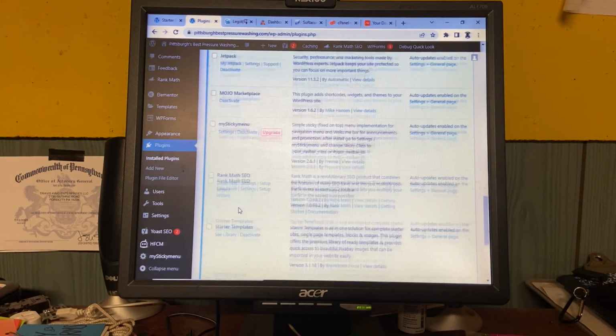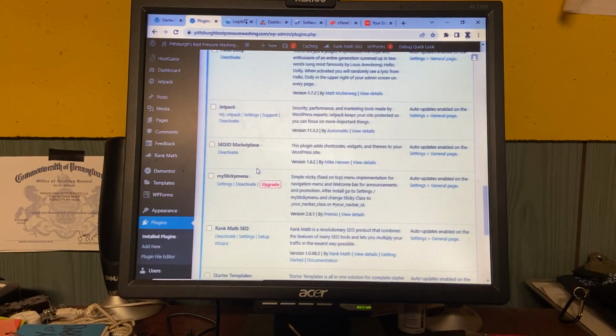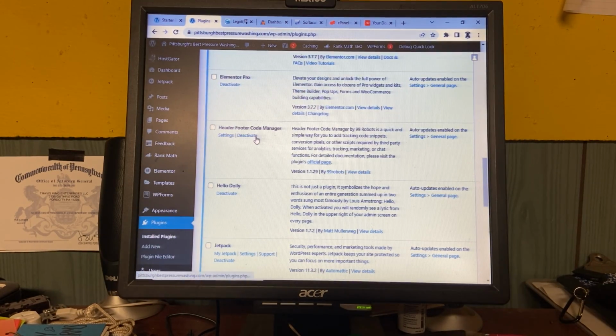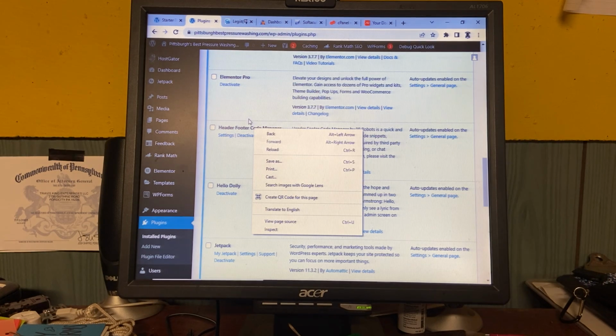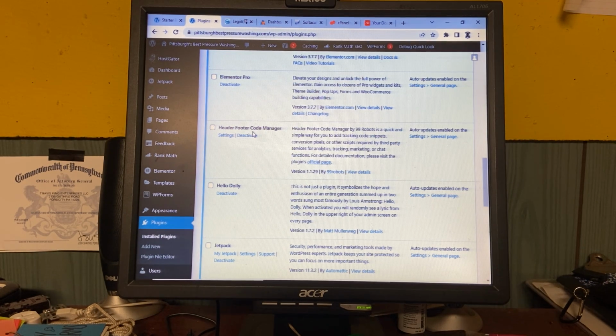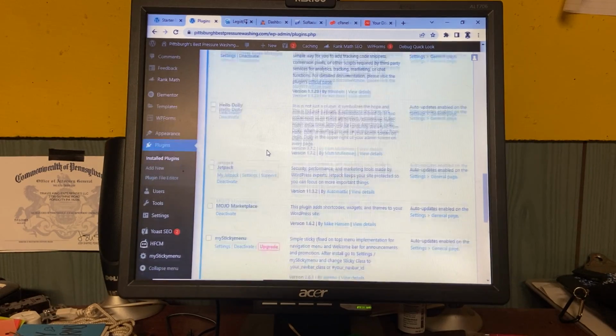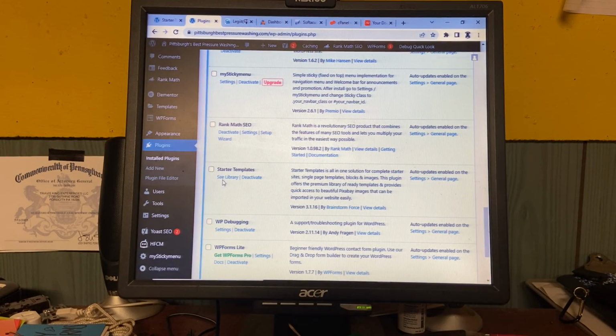So these are the plugins we have. This is another one, Header Footer Code Manager. When it comes time to put your website on Google Search Console, so that it's showing up in Search Console and Bing Webmaster Tools or whatever, you can use this. Say you want to put the Facebook pixel or all kinds of stuff, you'll have to put that in the header. If you don't want to mess with your code so that there's no problems, you can always use this plugin to put that code in, so you don't have to do it manually. It'll do it for you. That way, there's less of a chance of you screwing up if you're newer.